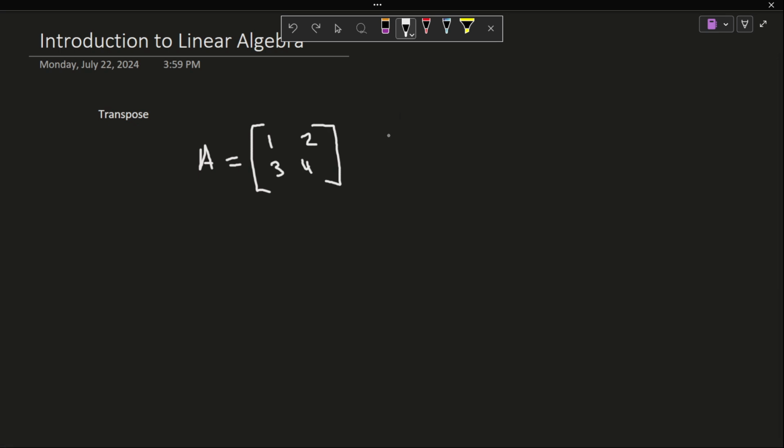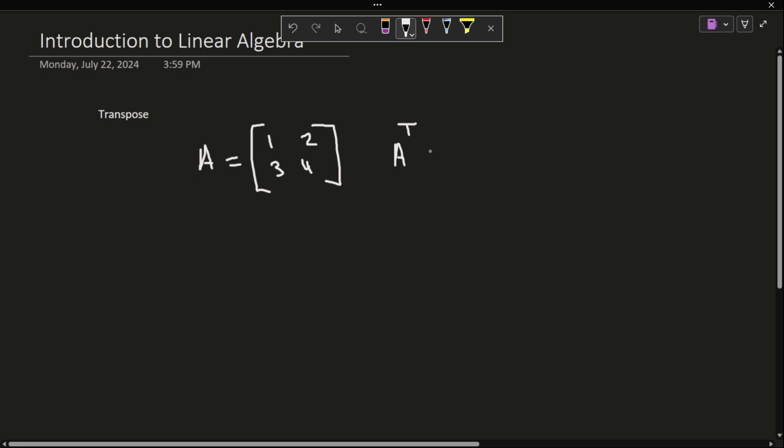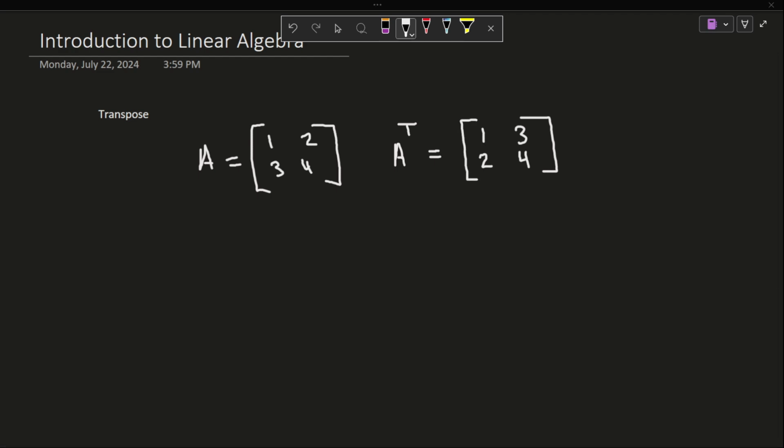Okay? So the way this would look, and the way we note transpose, is A with the superscript T. And so we swap the rows and make them our columns. What does that mean? Well, the first row, 1, 2, becomes our first column, and then our second row, 3, 4, becomes our second column. And this would basically just be our transpose. And transpose is pretty useful in a couple different applications that we'll see later on in the series. And the transpose also works with matrices that are not square, so you could have a 2x4 matrix and the transpose would still work for a 2x4 matrix.